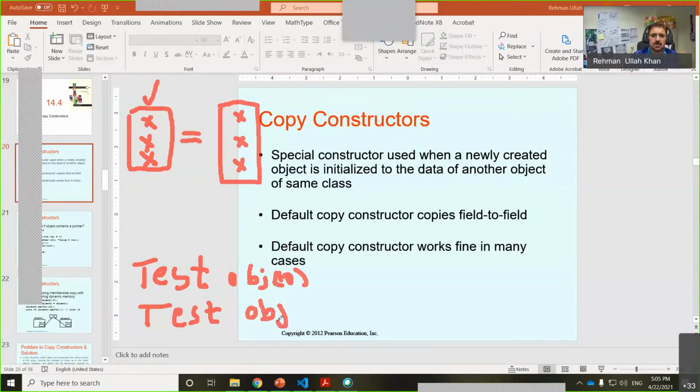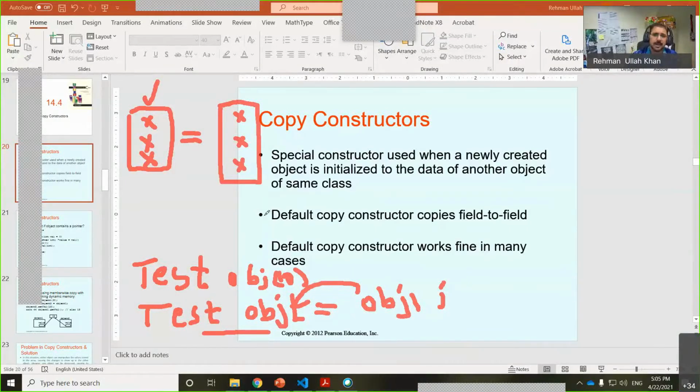But you see, we are creating a new object obj2, and at the same time we are initializing it with the value of object 1. At this moment there are two processes: one is the creation of the new object, and the other is the initialization of the values from another object. So it will be like this.